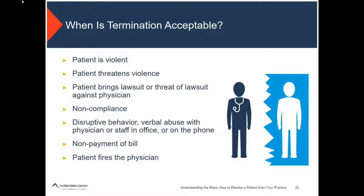Also, the patient fires the physician. That can happen either subtly or very overtly. For example, the patient walks out of the office and either says to the receptionist on his or her way out, or specifically tells the physician, "I'm very unhappy with the care and treatment that I've received, and I'm not coming back." In that circumstance, and I'll describe it in a later slide, my recommendation would be for the practice